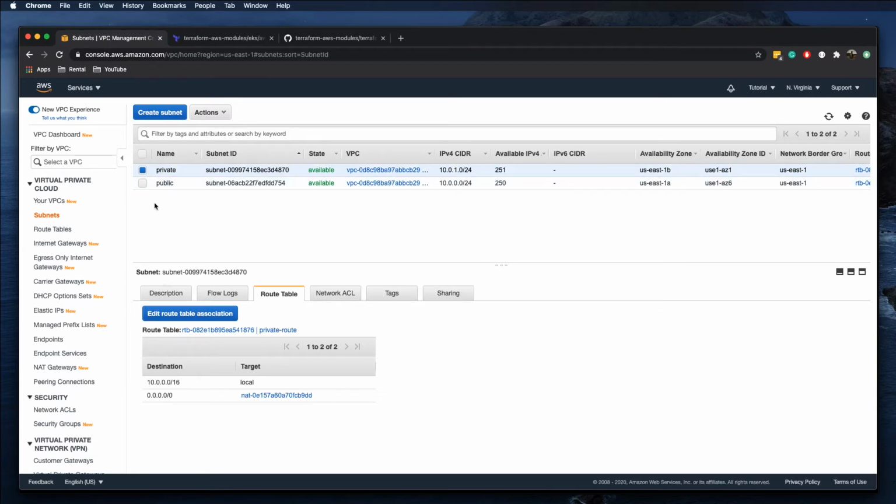So keep in mind that in order to expose anything from Kubernetes to the outside world, you may still need the public subnet for that purpose. Okay,